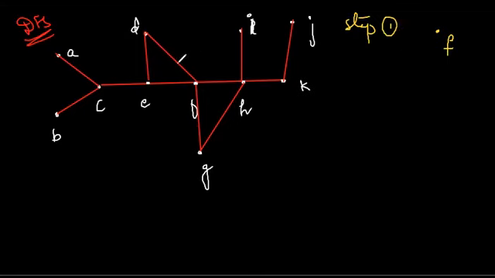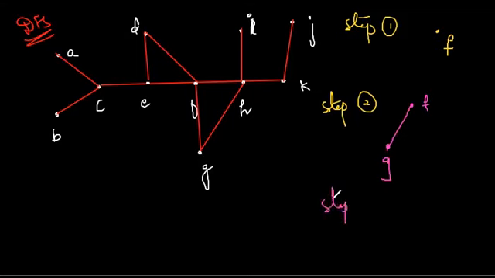Now what I am supposed to do is create a path by successively adding edges incident with vertices not already in the path, as long as possible. So step 2 is: F is connected to G, D, H and E. So first what I will do is take F being connected to G. So in the next step, I am taking this F and adding the edge FG. So I am adding the vertex G.